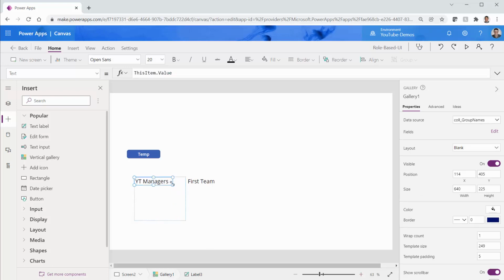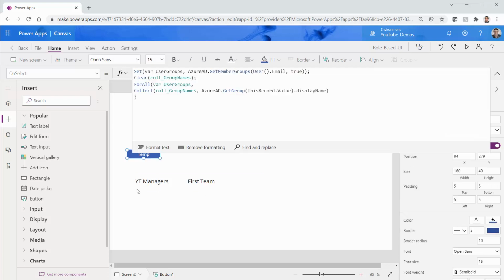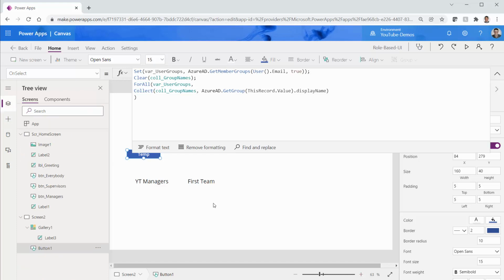Maybe a little bit bigger because later on we will have supervisor. Okay, so let me just make it smaller. And now this gallery shows everything that I want to see as of group membership, and it is an array of string. And guess what? This call group names, when we created that, we used collect. Collections are global for the entire application, which basically means once it is created, we can use it in any screen, right? So let's go back to the other screen,